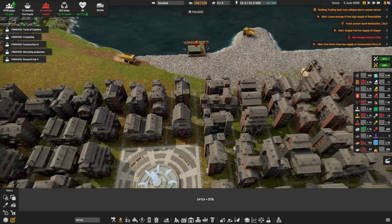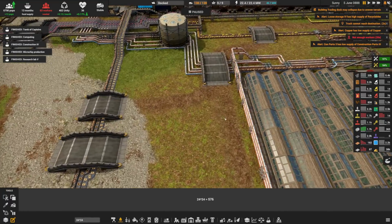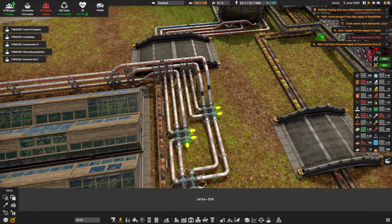Trading dock? Oh, yeah, that's fine. Hang on. Is there anything in the trading dock? No. Yeah, that's fine. All right, our clean water's coming this way. It's then coming over here and going into our main clean water to feed our tanks, our farms, which is